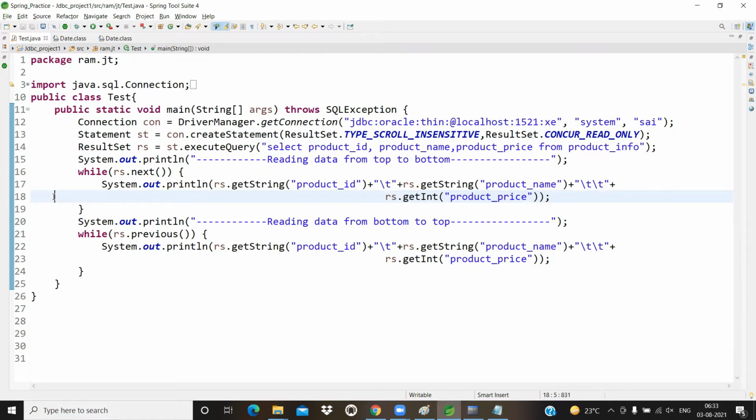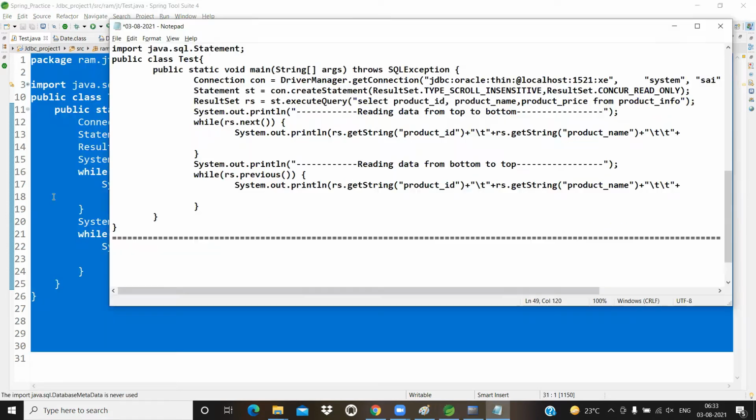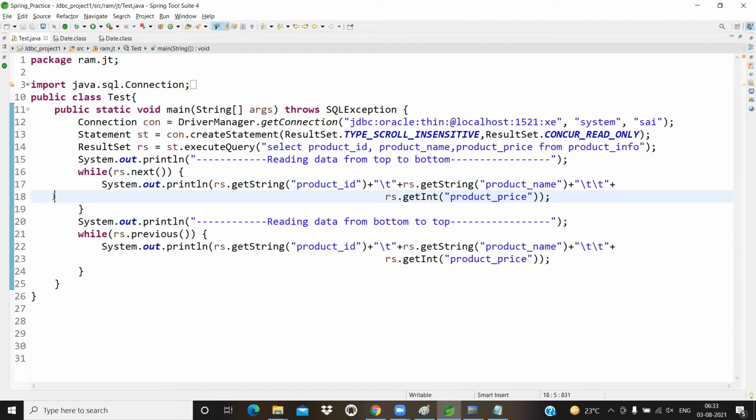Very simple. Keep on concentrating. After developing the connection with the database, we are always trying to do operations like reading, insert, delete, update, rename, truncate. So we are performing different operations.